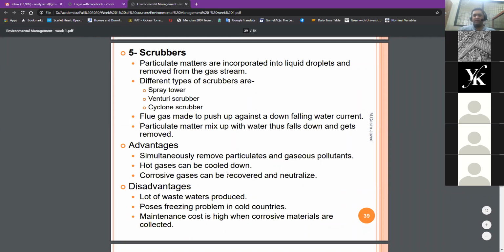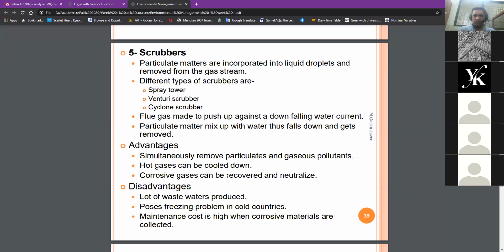It is a relatively simple system in which we have water vapors or liquid vapors, depending on the type of gases we have. They are thrown into a stream, and then the gases have to pass through them. There are some gases which may have chemicals which react to water, and then they might be absorbed into the water and just go down and be collected. And the relatively cleaner gases might be let go into the atmosphere.